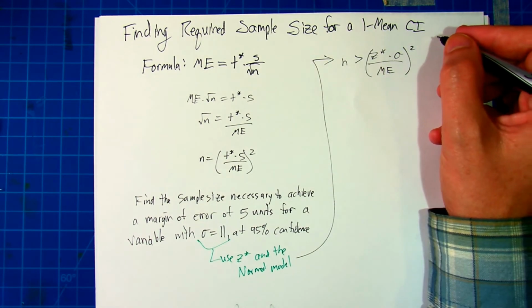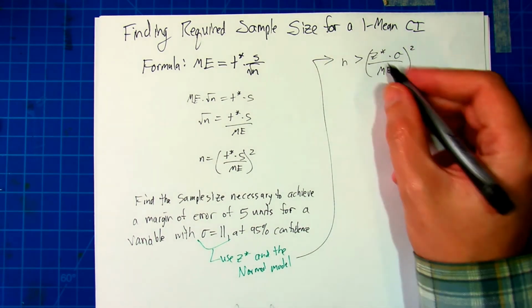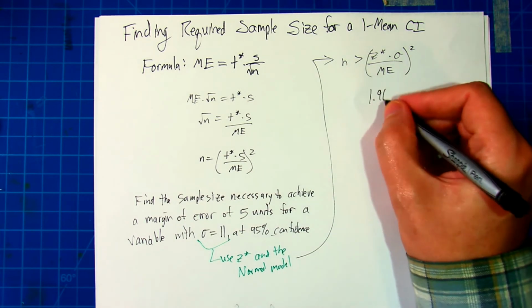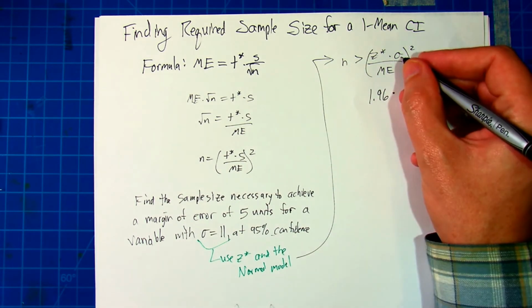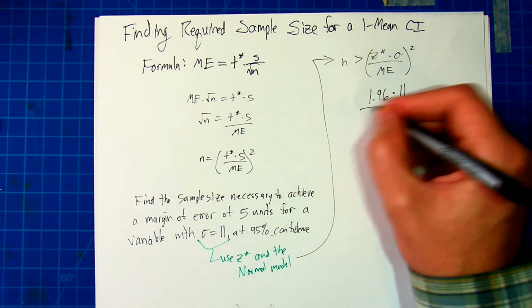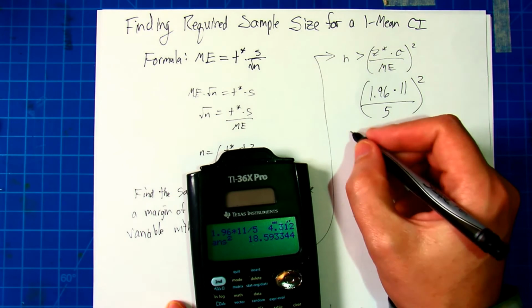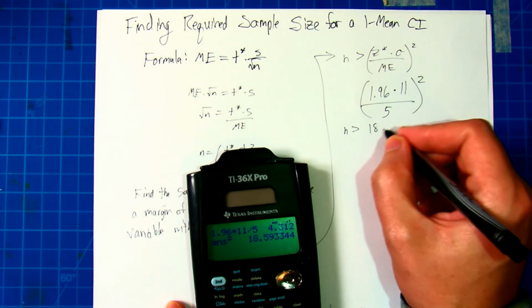Since we're using the normal model in z star, the formula turns into this. Now we just put in the numbers. At 95% confidence, z star is 1.96. Sigma is equal to 11. The margin of error requested was 5. Take that all, square it, and we get n is greater than